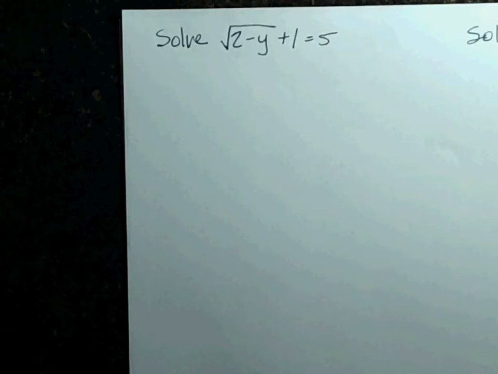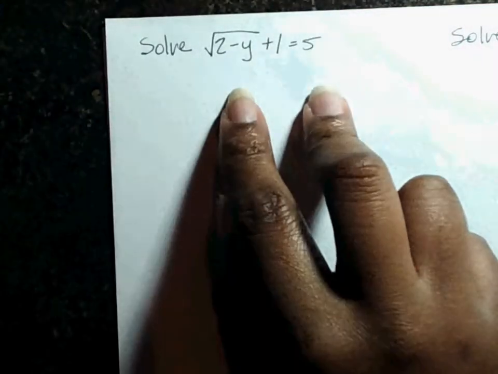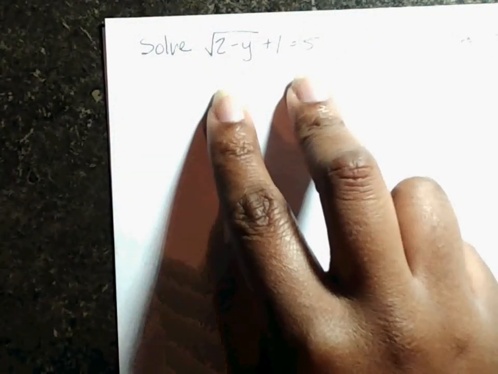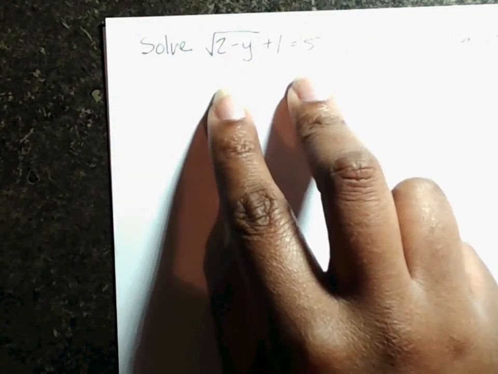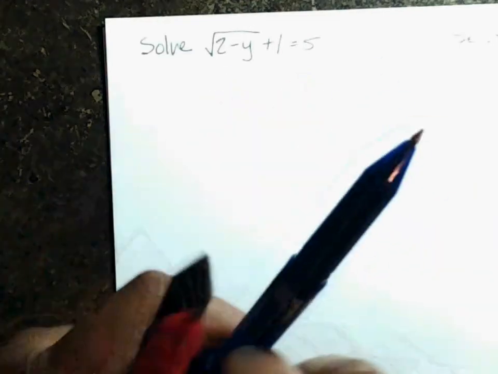Same concept. You have to get the radical by itself the same way you had to get the squared term by itself. The same way you get rid of a square by square rooting, you get rid of a square root by squaring. Here we go. I'm here. Life is not bad. Life is awesome right here. I need to get the square root by itself. The square root